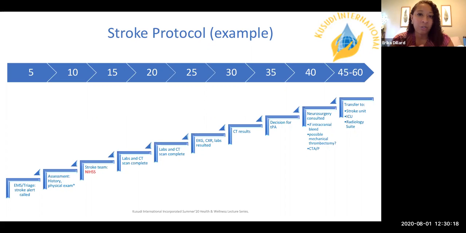Another thing that's important through the stroke protocol is the NIH stroke scale. Based off of your exam, there is a scale that is utilized to better predict what your outcomes overall will be after having a stroke. That scale ranges from 0 to 42, and the higher you are on that scale, the worse outcomes you will have. Each point is added based off of what symptoms or signs the physician picks up on when they do your exam.